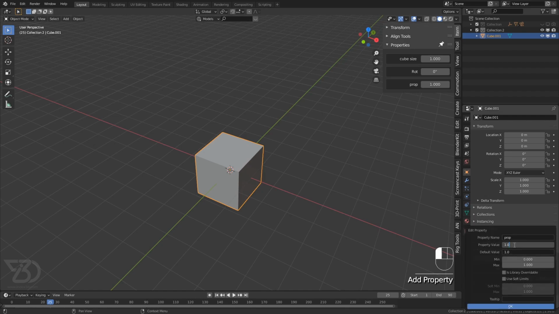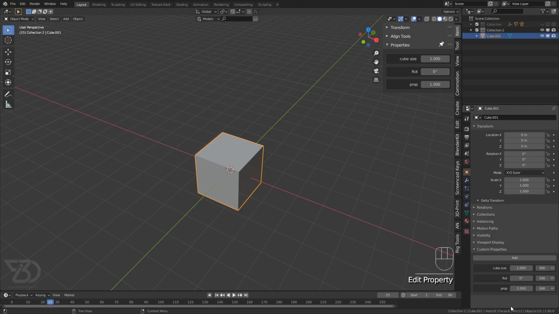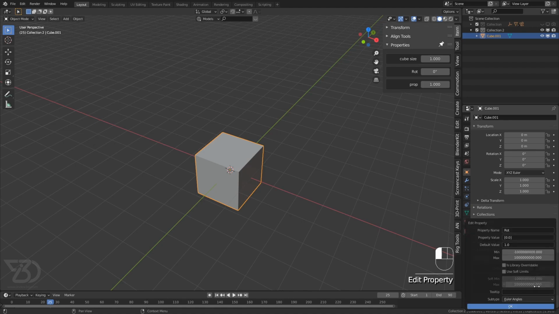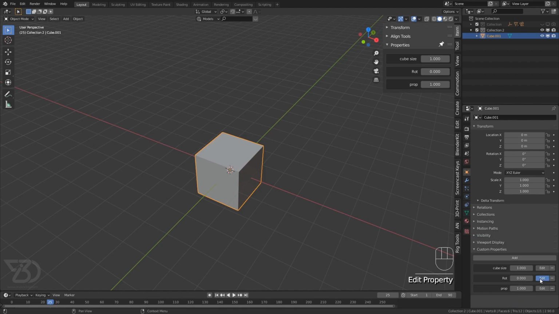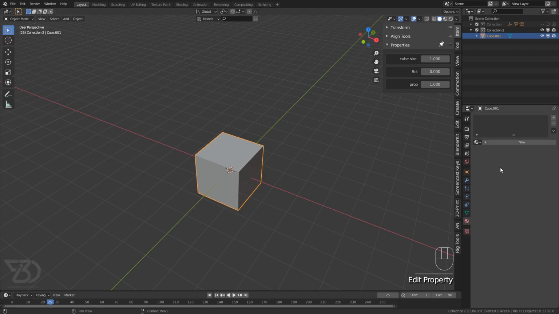Okay, and now let's create a color value. Same, if we insert a comma, this will add a new subtype over here, and then we can use linear color or gamma corrected color. These are 2 different values. We will use linear color and then click OK, and it did not work because we have to set it to linear color, and still it's not working because we have only 1 value, but for the color we will need 3 values.